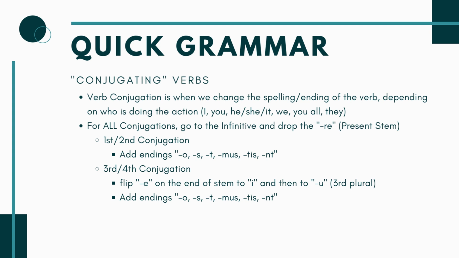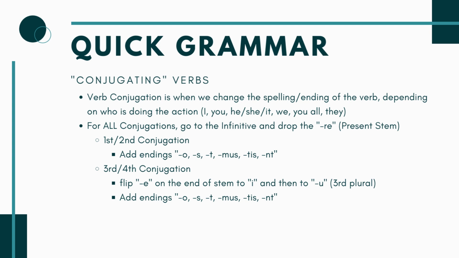infinitive and you drop the RE. This gives you something called the present stem. Then, if you have a first or second conjugation verb, this is why knowing which group the verb belongs to is important, all you do is add the endings: O, S, T, MUS, TIS, NT. And remember, O means I, S means you, T means he, she, or it. The MUS means we, the TIS means you all, and the NT means they, right, are doing something. So again, go to the infinitive, drop the RE to get what we call the present stem, and add your